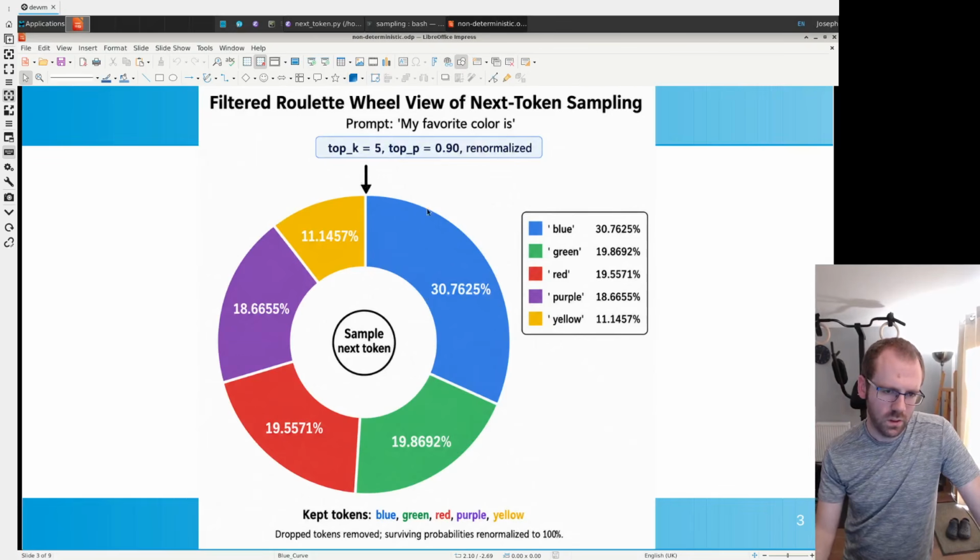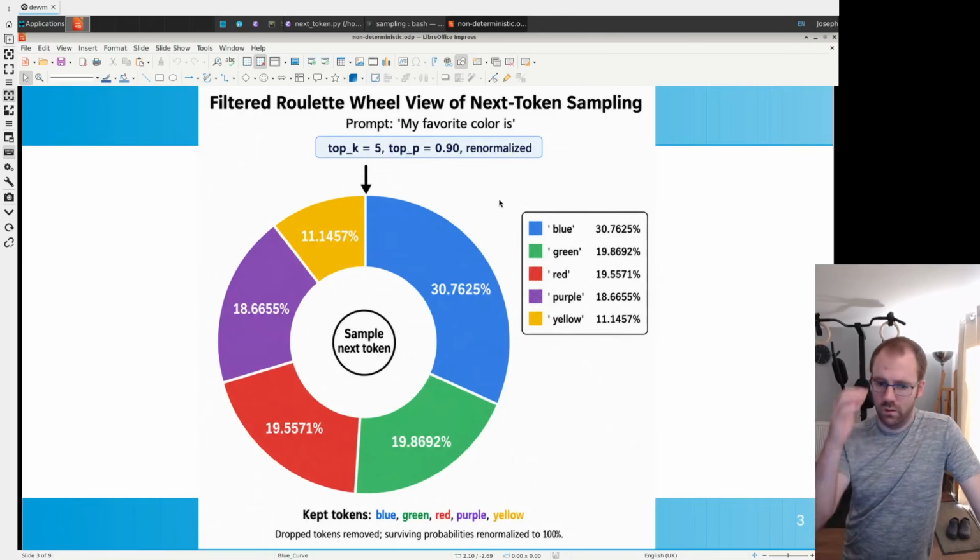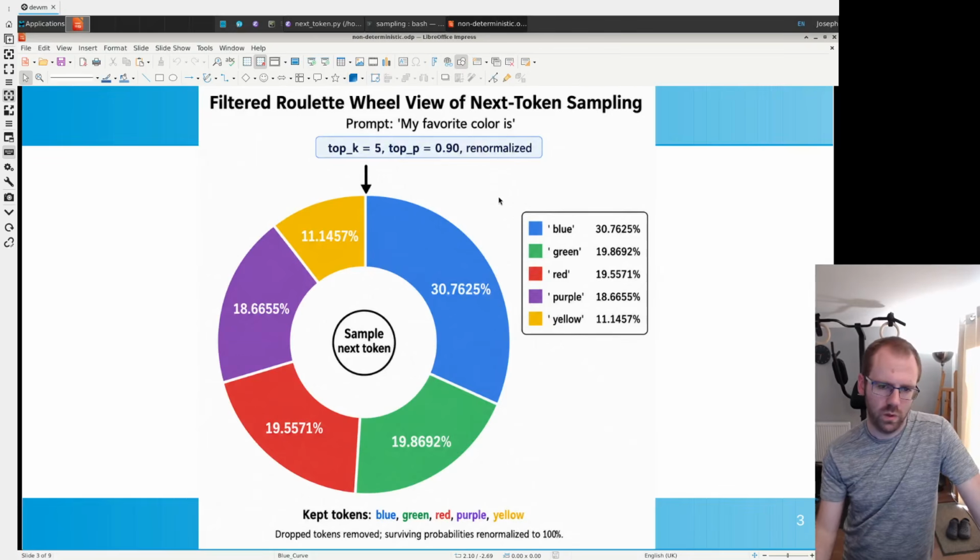So there are certain settings in the sampler that will determine how it pre-filters them. So top K means we filter it to the top 5. Top P means, so a top P of 0.9 means anything that has less than 10% the probability of the most probable token will be discarded. So these are basically just to discard all the long tail of improbable rubbish that you always get.